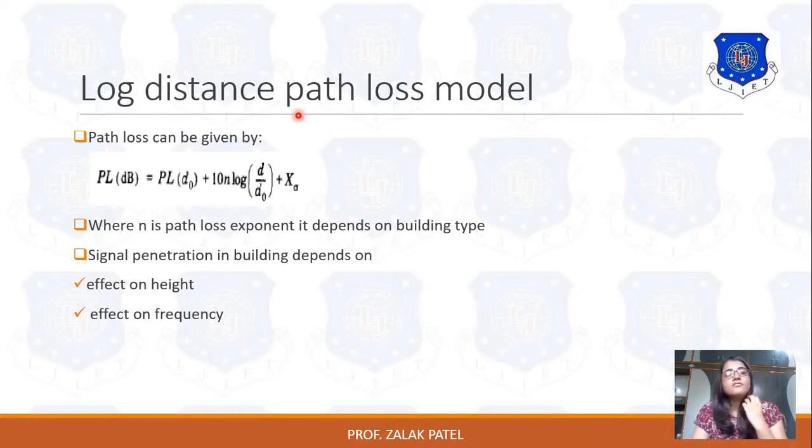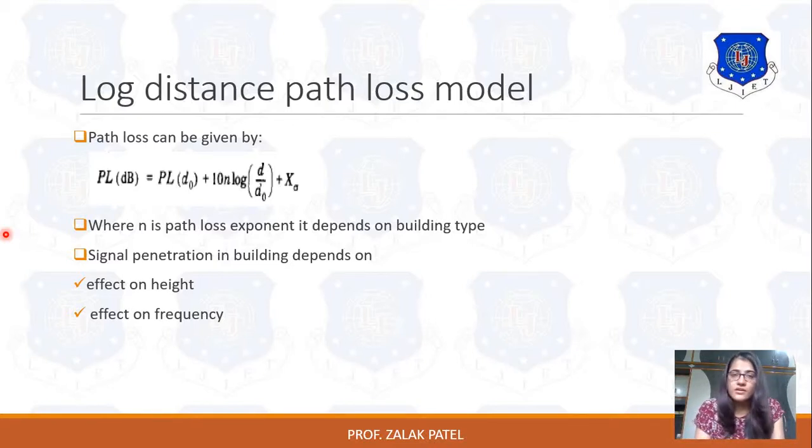Now as we know about skin depth, as a wave travels from one medium to another medium, there is some loss which is taken into consideration. This loss is the decrease in amplitude. This decrease in amplitude is called attenuation of the wave, and this attenuation is related with the skin depth, and skin depth is also called signal penetration. So it also depends on the frequency, because delta is equal to 1 upon root of pi f mu sigma.